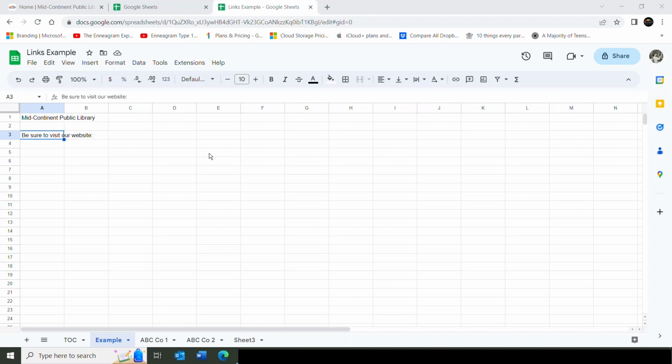As we look at our example today, we can see that we want to have a very small spreadsheet that has some information about Mid-Continent Public Library. And the very first thing here in A3 is "Be sure to visit our website." And so what we want to do is type in the link. Now the link is visible to everyone. It's not hiding under some text. So in C3, I'm just going to type